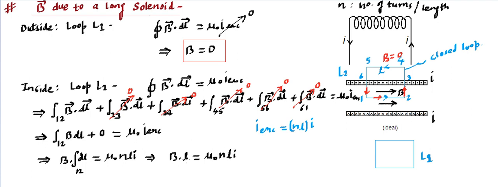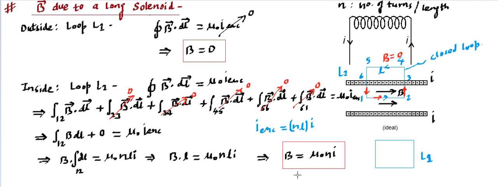Now you can think of this L is getting cancelled out, and it has to be cancelled because this is the length of the Amperian loop, and our answer does not depend on the loop that we choose. So it's going to be B is equal to mu naught N into I. So final result for a magnetic field due to a solenoid is going to be this.